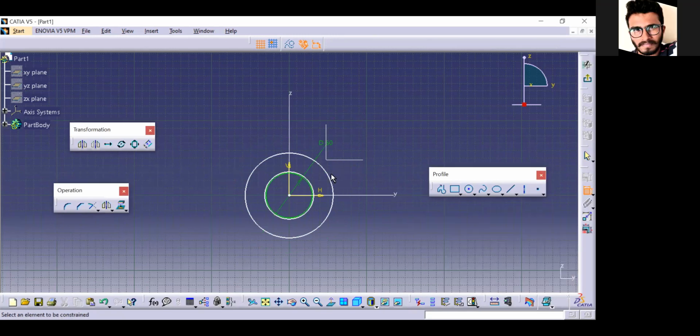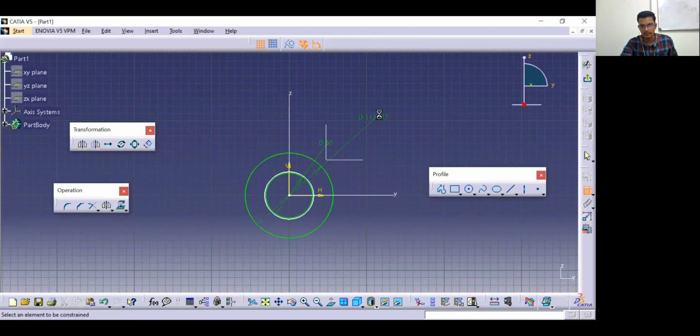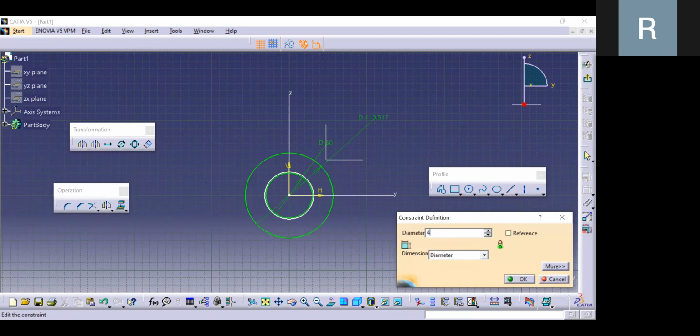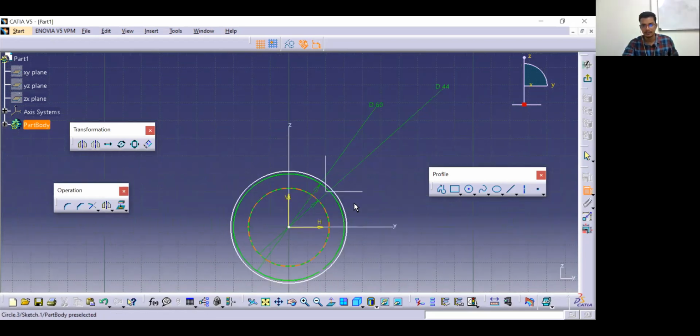So what is the second dia? 44, I guess, right? Yes, sir, it is 44. Okay, so I'll give it as 44. And the last one is 28. Very good.